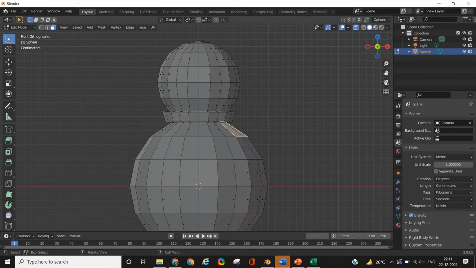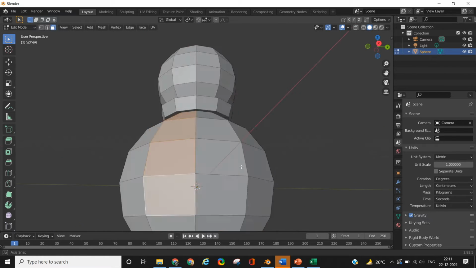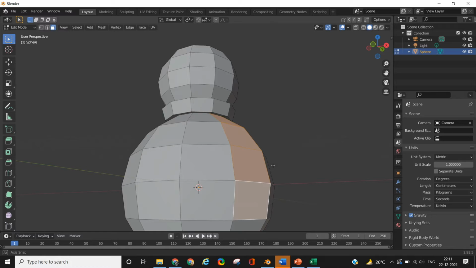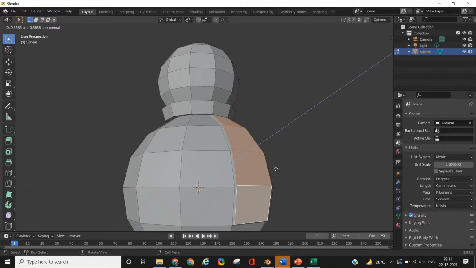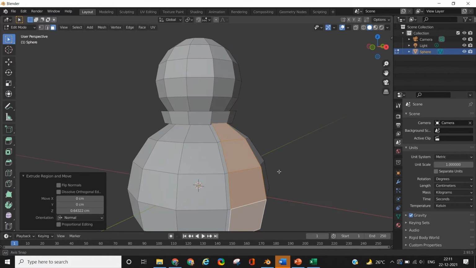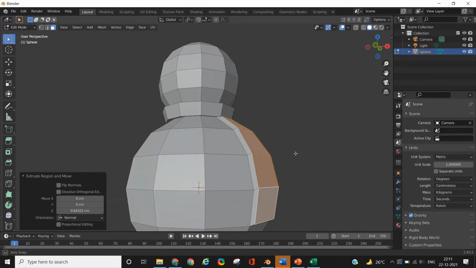Similarly, on the side of the snowman, we are going to do it in a similar fashion for the rest of the muffler that is hanging down on the body. So once again press E and then extrude all the faces by directly dragging. Now in this case it's not a closed loop, so you can just directly press E to extrude and drag it outwards. The only thing that you will need to do is to connect the top portion with the circular edge that you have created around the neck. So we'll do a little bit of editing to achieve that.